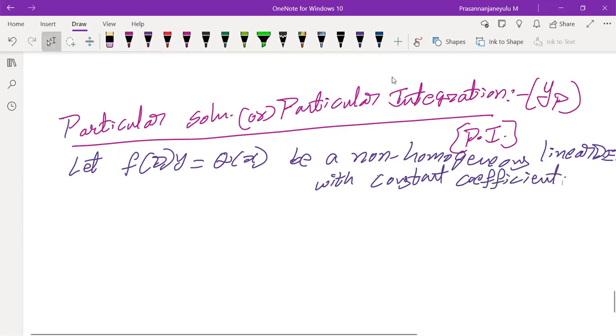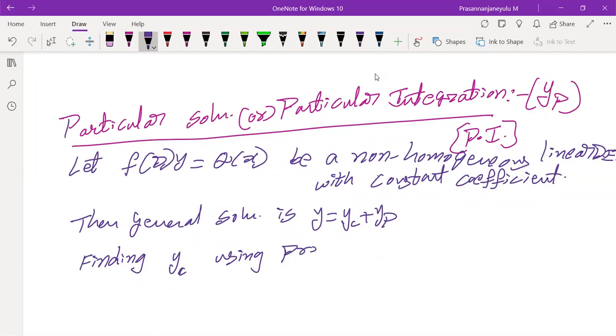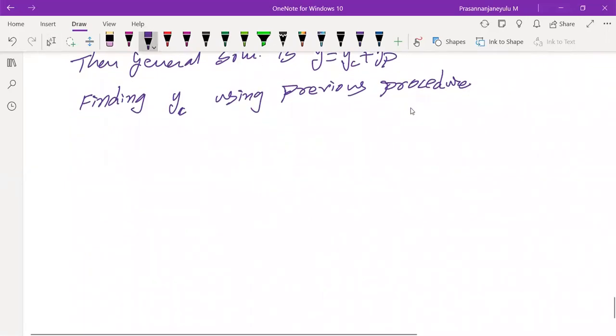Okay, you know how to find yc, but what is the general solution for this? Then the general solution is y equals yc plus yp. Okay, but finding yc, using the previous procedure, I'm just mentioning. Next, what is the second one? Yp. Finding yp